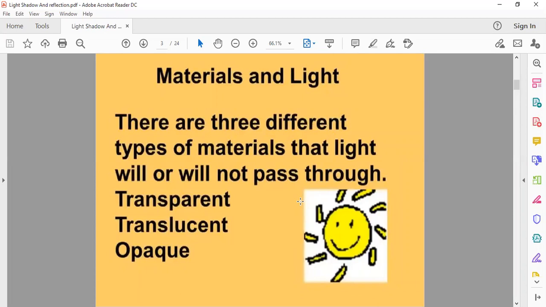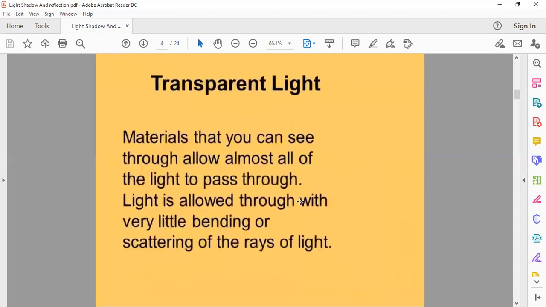First category is transparent, second is translucent, and third is opaque. Now we'll study examples of these three types of materials.